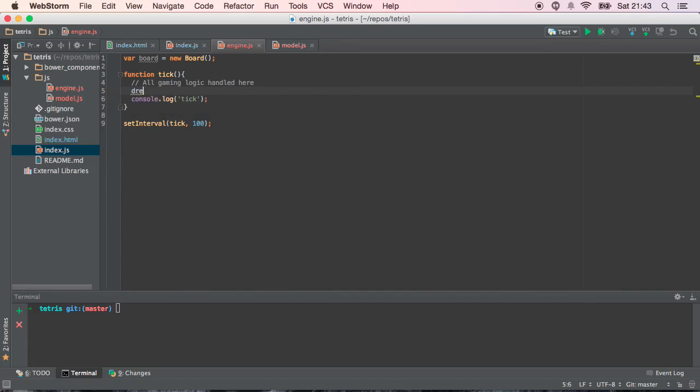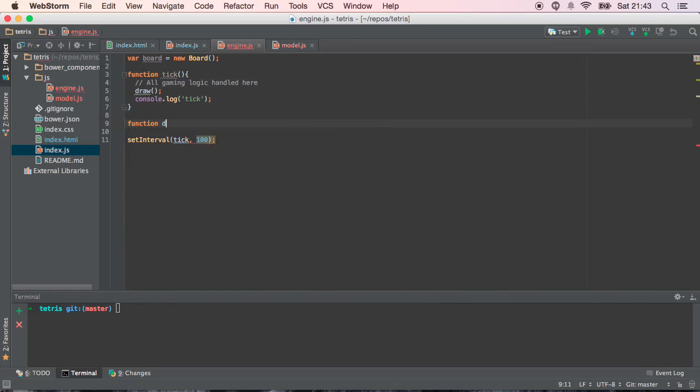So we're going to call it draw, because we're obviously drawing blocks. Let's leave the tick at the top, and then we're going to create a function down here called draw. And when we draw something, what we're going to do is